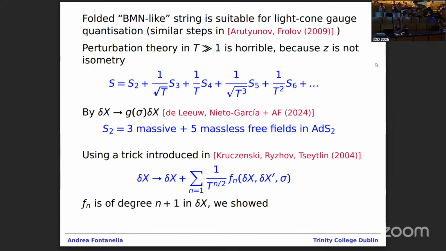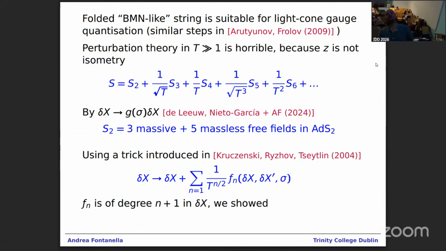When we arrived at this point, we said, okay, maybe we can recast all the horrible higher corrections by demanding Lorentz covariance in this AdS2. So basically, can we rewrite everything as a contraction of the AdS2 metric with embedding coordinates, in a similar way as you do when you expand around Wilson loops? That was the motivation behind it. So we started doing that, and we used a trick from this paper where we redefine the fluctuation with the higher terms. The higher terms basically do not spoil the quadratic action; they can only contribute to the higher terms,